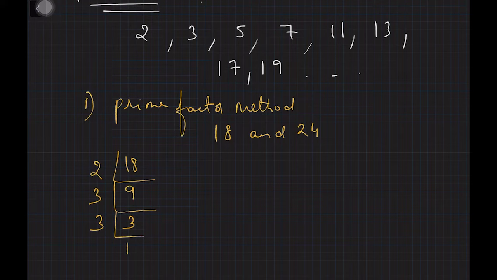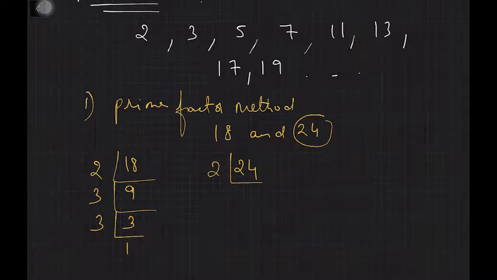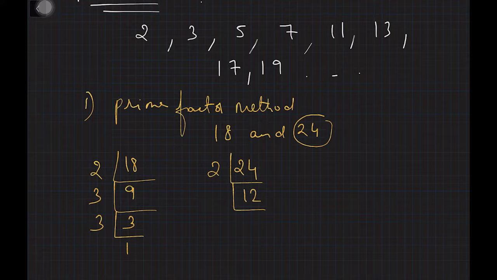Similarly, we will follow the same process for the number 24. So let's write 24. Let's check if 2 divides 24. 2 divides 24, therefore we can start with the prime number 2. 12 2s are 24. We can still continue with 2 because 2 divides 12. 2 6s are 12. We can still continue with the prime number 2 because 2 divides 6. 2 3s are 6. We cannot continue with the number 2 further because 2 doesn't divide 3.